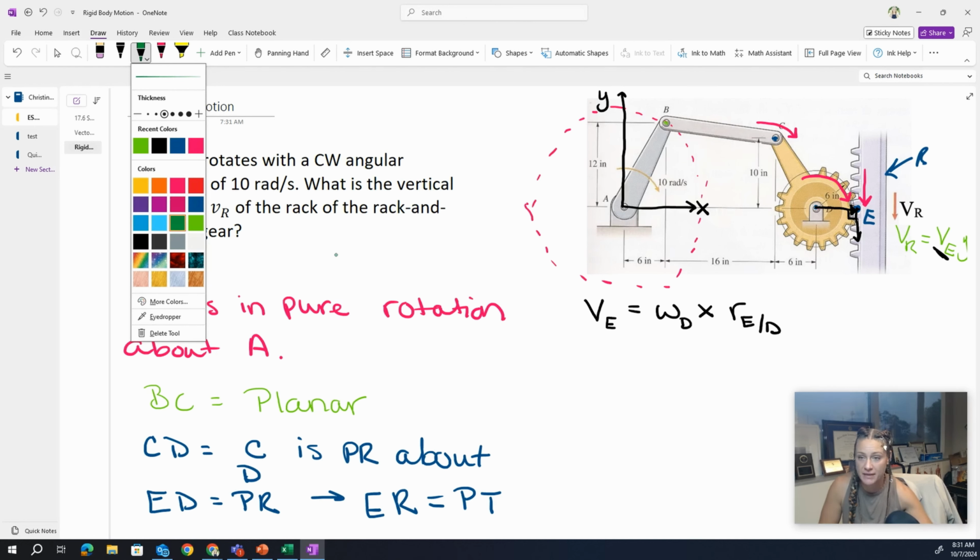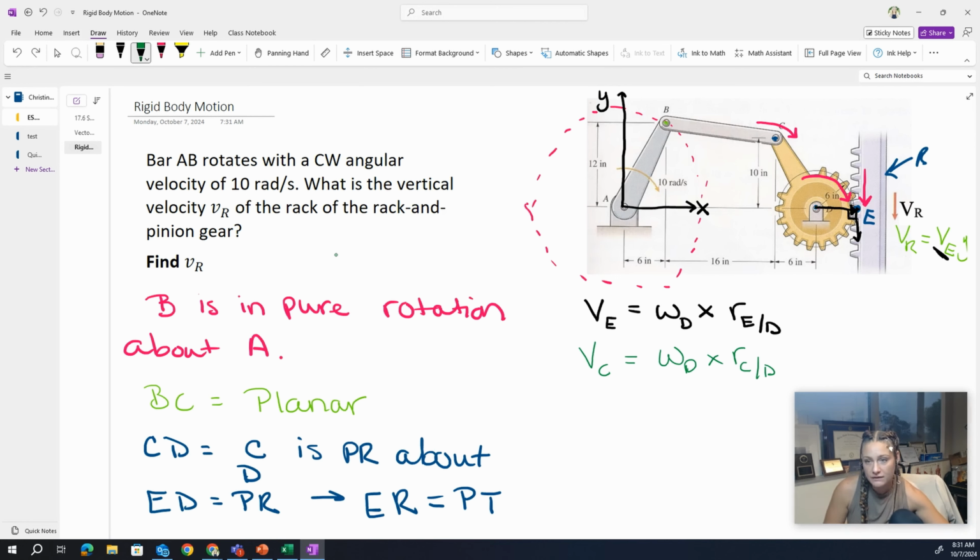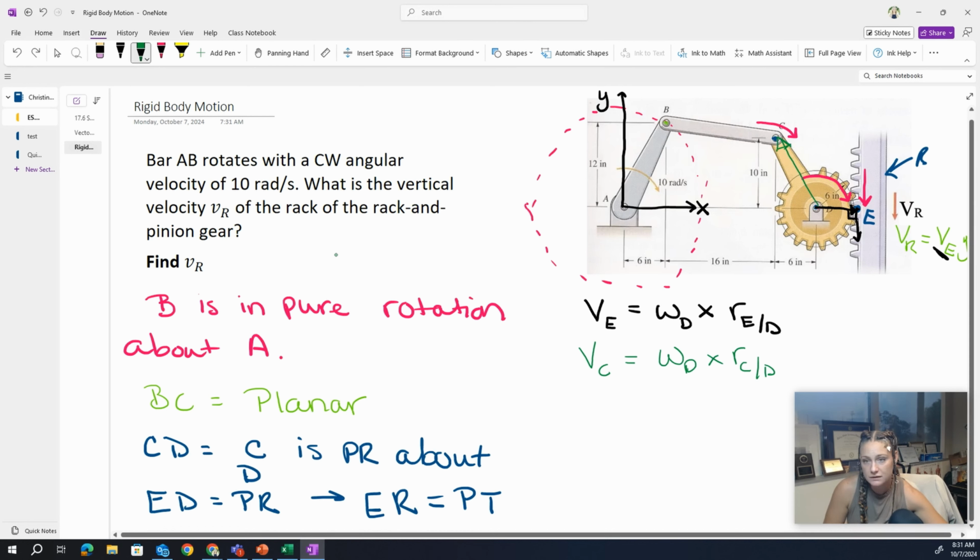Well, I could relate it back because C is a part of D. So I could say, okay, the velocity of point C is equal to omega D cross RC with respect to D. So now I have a vector pointing to C like this. This is RC with respect to D, and I want to know what its velocity vector is. That's going to look something like this. This is VC, because it is perpendicular to the position. Well,